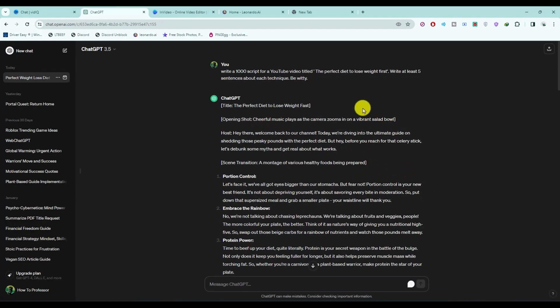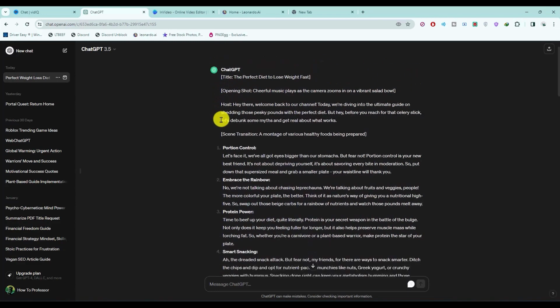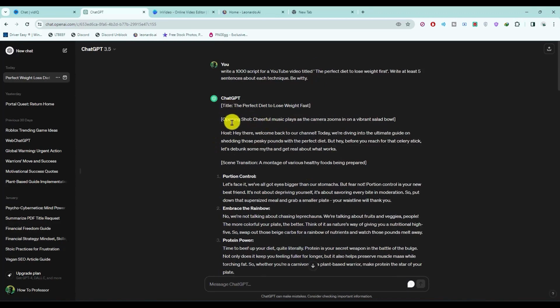So as you can see, this is the title that I chose. Now what you have to do is just simply ask ChatGPT to write you a script of how many words you want. Then enter the title and then explain what type of script you want. As you can see right over here. Then ChatGPT will start writing your script, and as you can see, ChatGPT came up with the script, but it